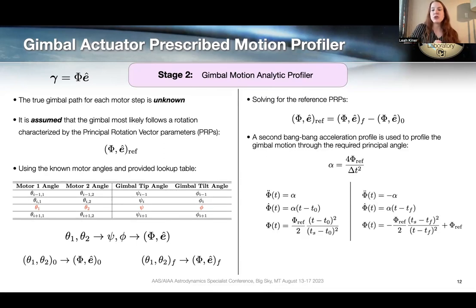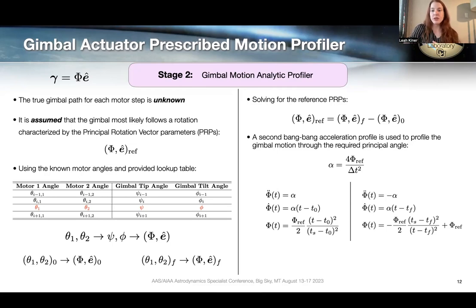And to drive the gimbal through this reference angle, we are going to apply a second bang-bang acceleration profile by solving for this gimbal angular acceleration. And the important thing to note here is that the gimbal and the stepper motor both need to move through a specified angle in the same amount of time, delta t. And we saw in stage 1 that we solved for the required motor step time. So this acceleration equation here uses that same motor step time to solve for the required acceleration that the gimbal